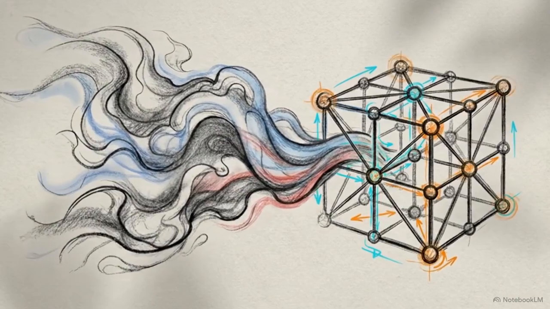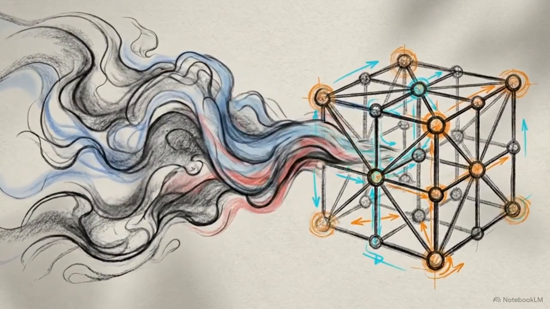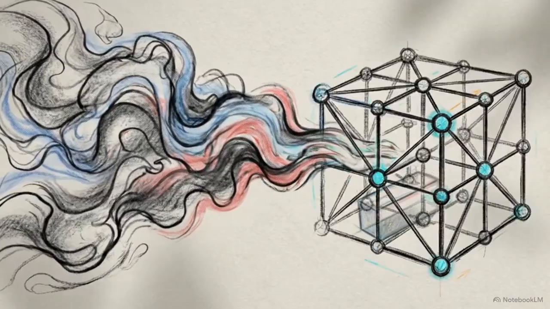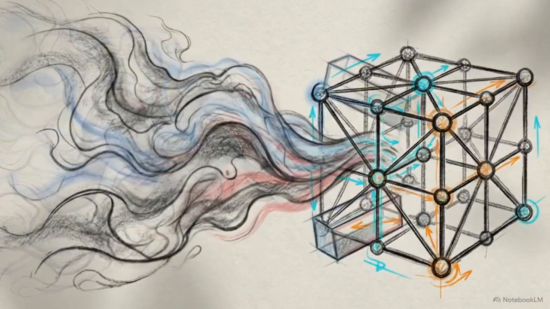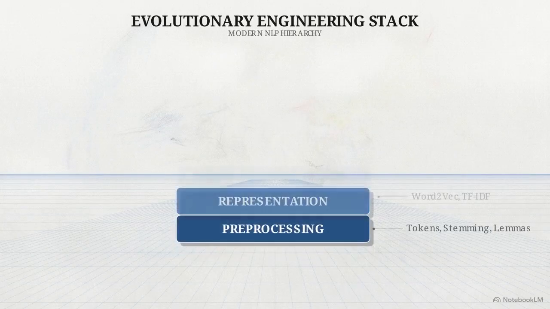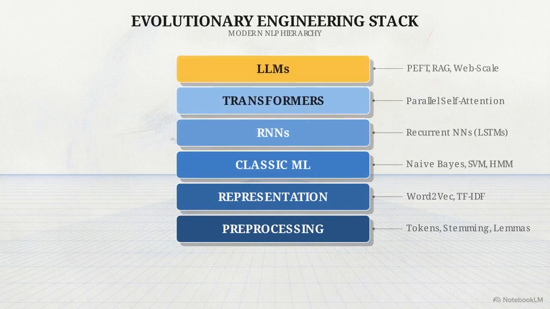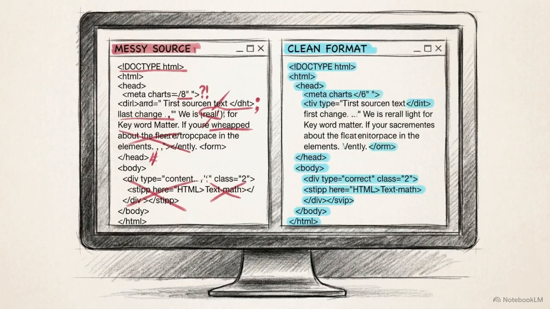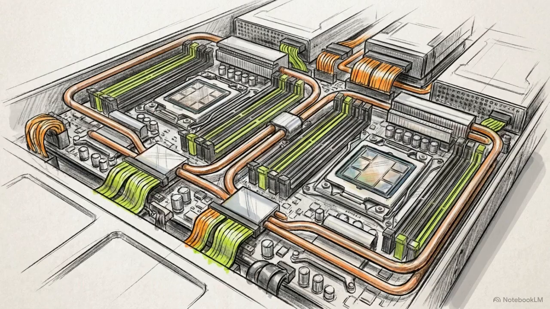Human language is chaotic and ambiguous, while computers demand rigid mathematics. Natural language processing bridges this exact gap. Modern systems bridge this divide using a precise six-stage evolutionary engineering stack. This progression starts with basic text cleaning and rudimentary probability, building toward the parallelized transformer architectures that power modern artificial